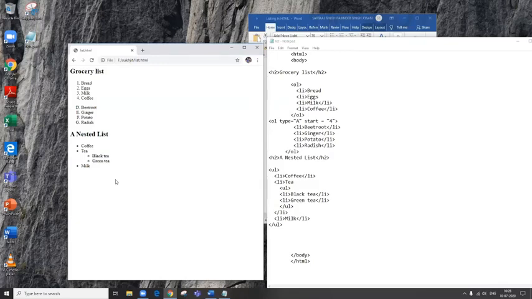See, this is a nested list. If you see, the main list is coffee, tea, milk. Below tea, there has been another list that has been created. A UL list has been created as black tea and green tea, isn't it? So UL has 2 LIs, and after that, below tea I have to create another list. So below the LI I have not written an LI, below the LI I have started another UL. Instead of this UL, I can also start an OL. No problem. So you can have any list inside any other list.